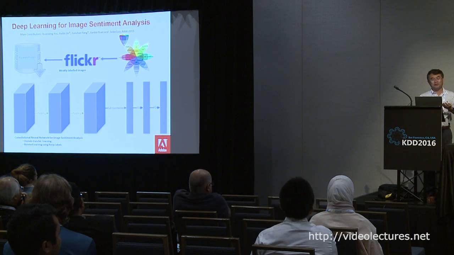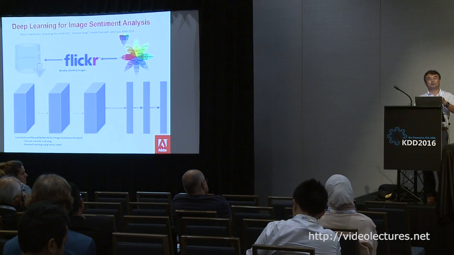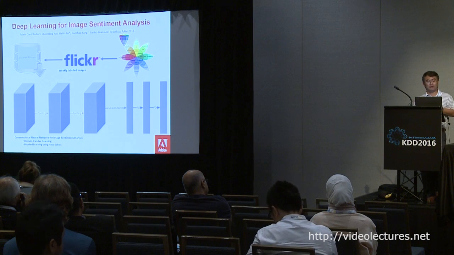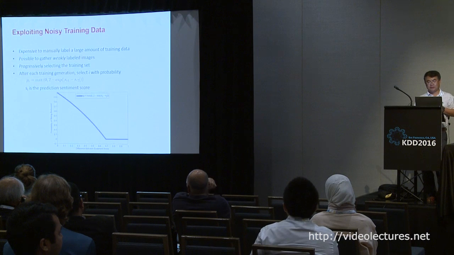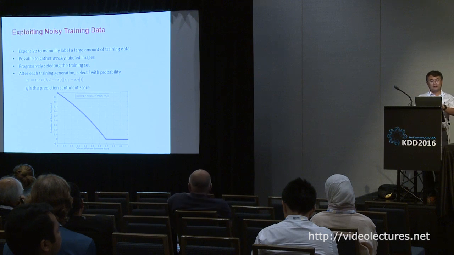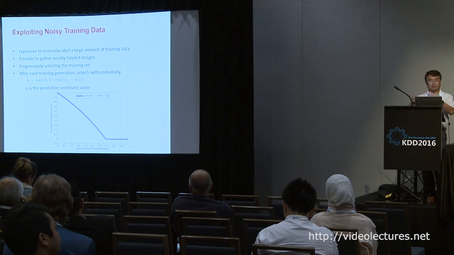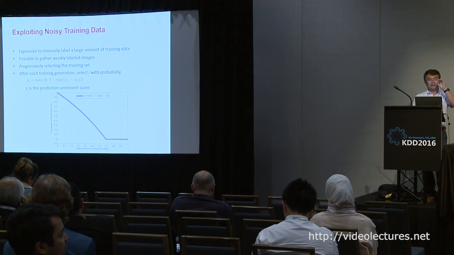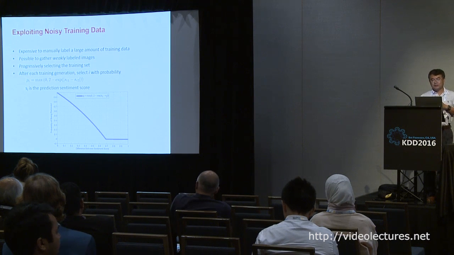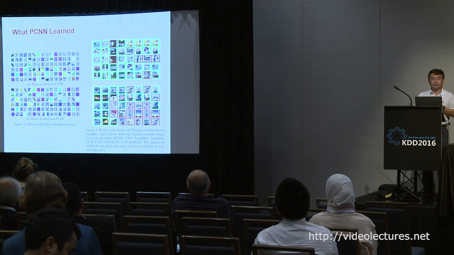So that's the dilemma. So what we do, we say, okay, at least we can use this confidence value as a probability to sample the data. So that's what we did. So we have this structure. Basically, if the confidence is high, then it's more likely we retain this sample, otherwise we throw it away. I just want to emphasize, if a sample is thrown away in this round, it doesn't mean it's going to be thrown away next round, because it's probabilistic, okay? So we do this like 4 or 5 times, and eventually we got better and better results.